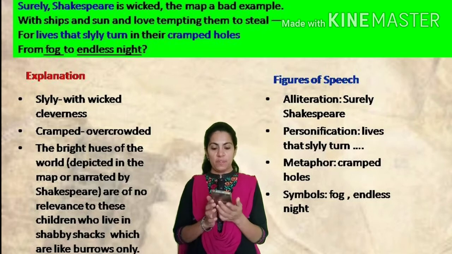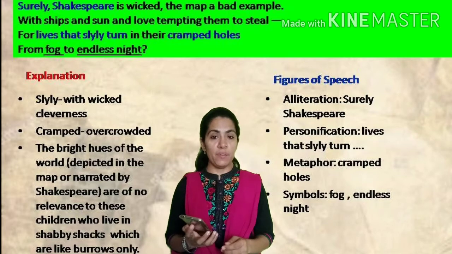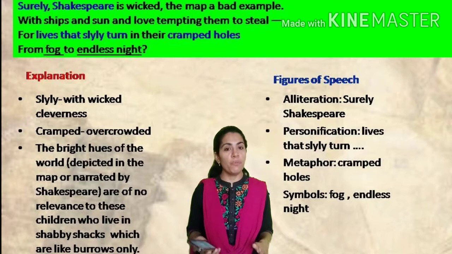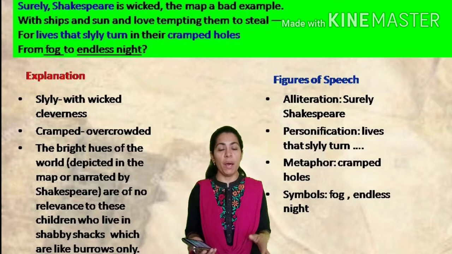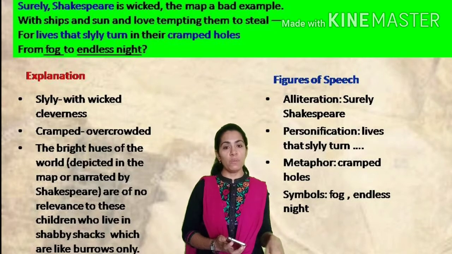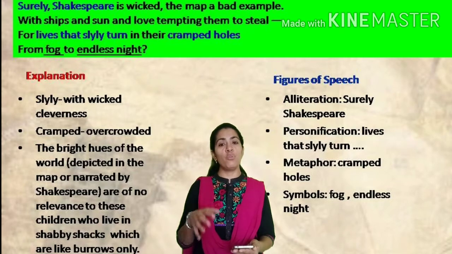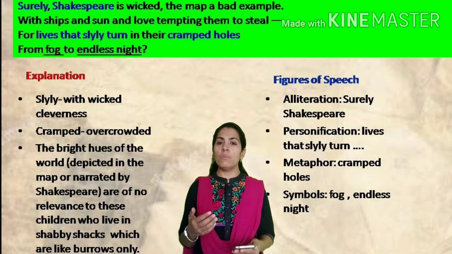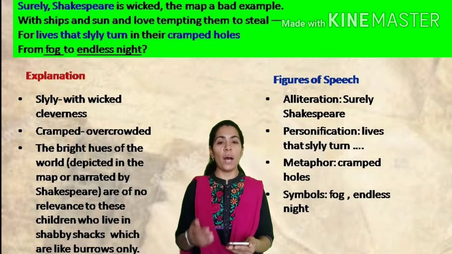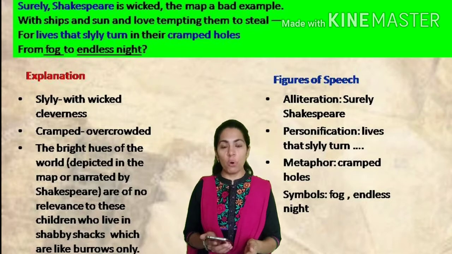Now, the third stanza. Surely Shakespeare is wicked, the map a bad example. Now, in a dauntless manner, Spender is calling Shakespeare wicked, a bad, evil person, and map is a bad example. We usually say that a map should be displayed on the walls of a classroom, and it gives students an insight into the world geography, and it also gives them a reason to fantasize. But for these children who are not even getting the basic amenities, for them Shakespeare is surely wicked and map